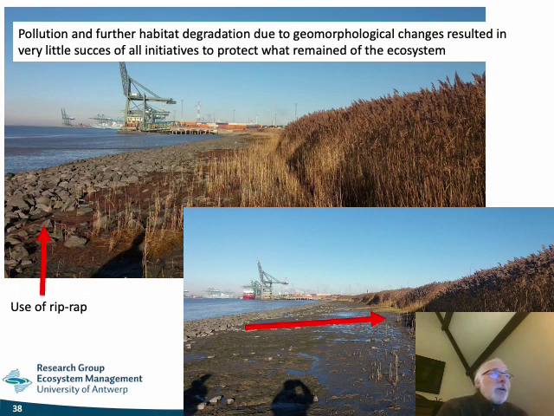That's one thing. And the other thing is that, of course, we have these geomorphological changes, and we have a lot of erosion because you have higher current speeds due to the deepening of the area. And very much these problems of erosions were tackled by bringing in hard structures, like the use of riprap, which is just stones that are put on the eroding edge of the marsh, what you can see to the left. But even then you see that there is a further retreat of the reed bed, and so these hard measures in fact do not help to maintain